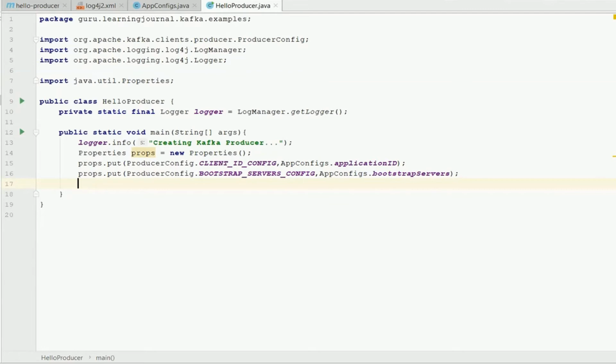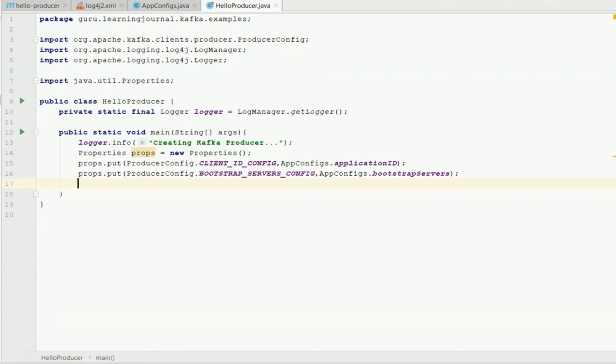The bootstrap configuration is used only for the initial connection. Once connected, the Kafka producer will automatically query for the metadata and discover the full list of Kafka brokers in the cluster. That means you do not need to supply a complete list of Kafka brokers as a bootstrap configuration.